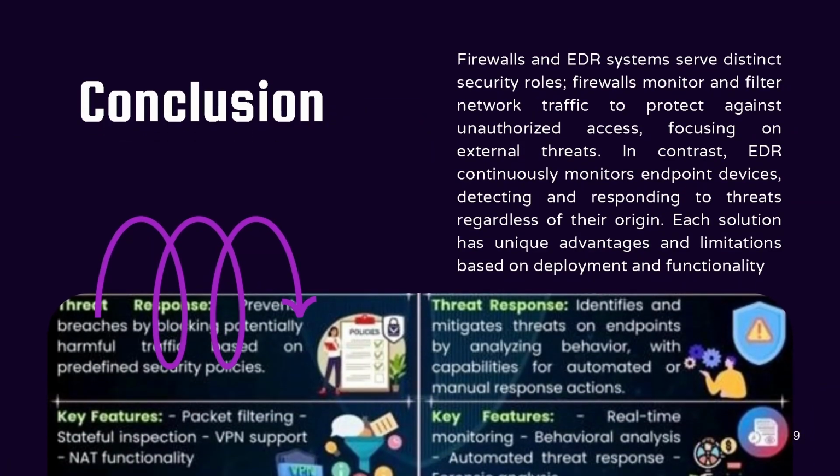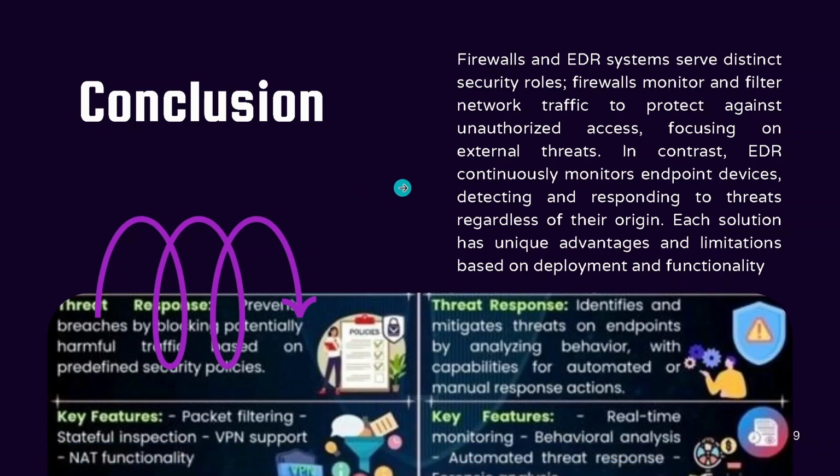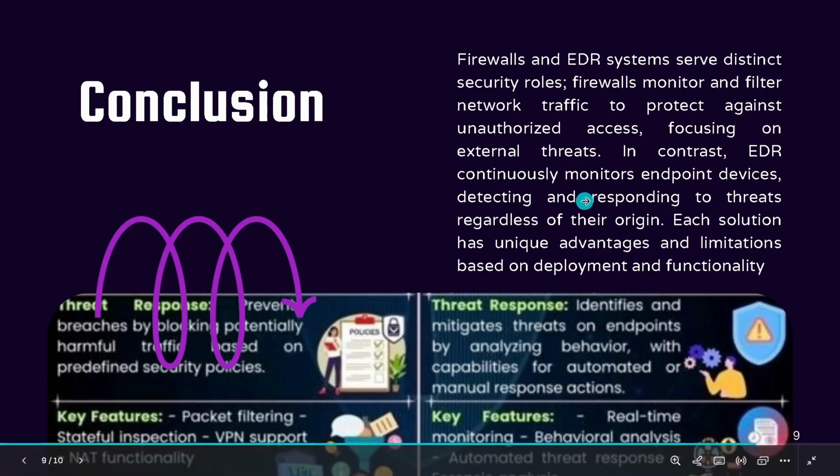So this is the last slide. We come to the conclusion. What did we understand so far? We understood that firewalls and EDR systems serve distinct security roles. Firewalls monitor and filter network traffic to protect against unauthorized access, also focusing on external threats. In contrast, EDR continuously monitors endpoint devices,